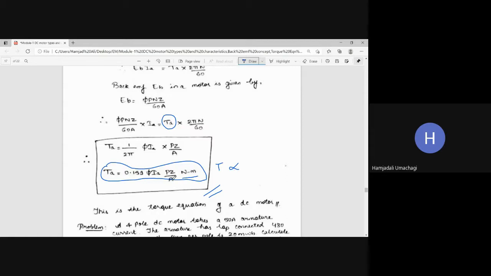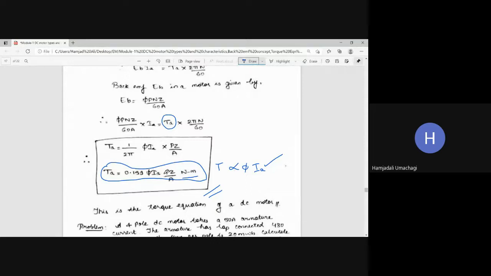So which are the variable quantities here? Yes, phi and IA. Along with the armature current IA, the flux produced, phi, is also variable. So torque is directly proportional to flux into armature current. This is a very important equation, which helps us study the characteristics of DC motors in the upcoming classes. So you should remember from the derivation of the torque equation of a DC motor that finally